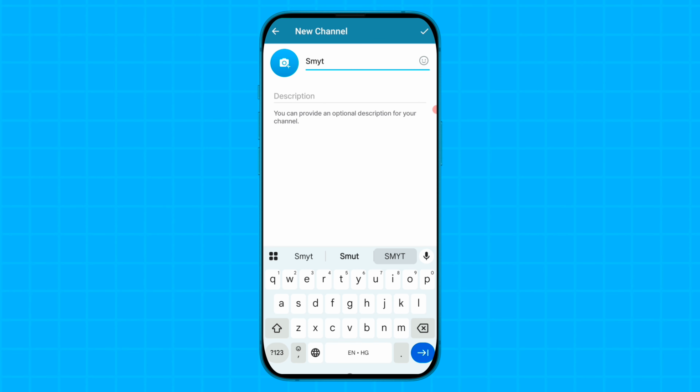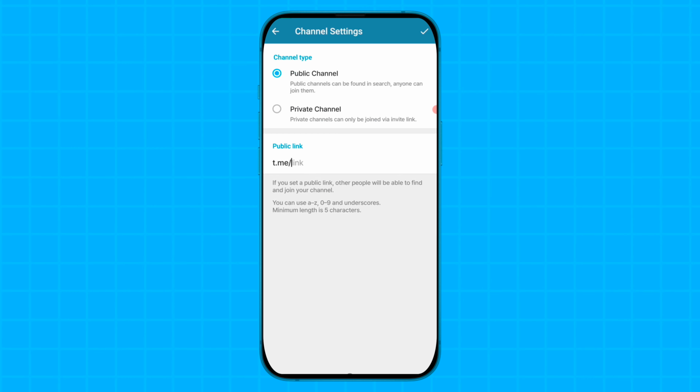and here first of all you have to type your channel's name. Like I will type my channel's name, and then you can describe your channel about, and you can also select the profile picture of your Telegram channel by tapping on this camera option. So as you complete all these steps, then tap on tick option friends, and as you tap on tick option, you will get to see